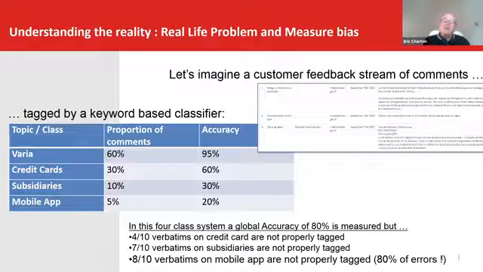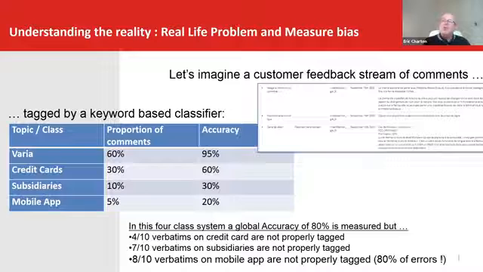To give you an example, and especially on how we can measure this bias and that kind of trouble, imagine we have a customer feedback stream of comments, and I put in this one 4 classes or topics. Those topics are various, not meaningful information, credit cards, subsidiaries, and mobile app. Those are the 4 topics. But we see that what is called an unbalanced data set, those 4 topics have very different proportions in the corpora. And the reaction of the classifier, or the system in charge of detecting those topics, and those come from real life application,